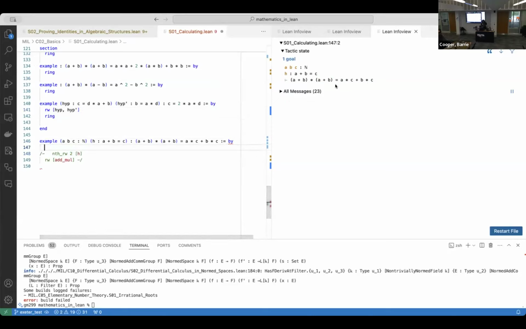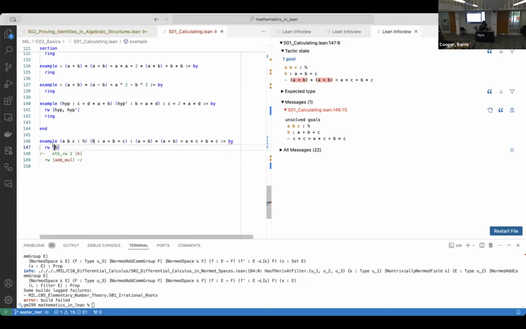So here we've got the hypothesis A plus B is equal to C, and we want to prove A plus B times A plus B is equal to A times C plus B times C. Now, what we could do is try rewriting with the hypothesis H, but that will replace every instance of A plus B with C, and that's not what we wanted to do, right? With the symmetric version of H,